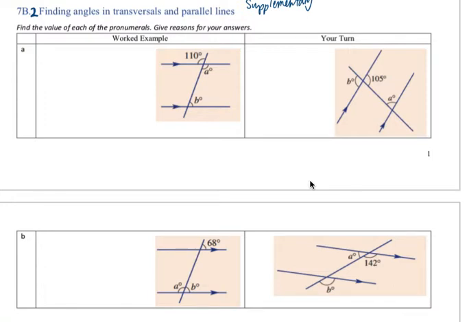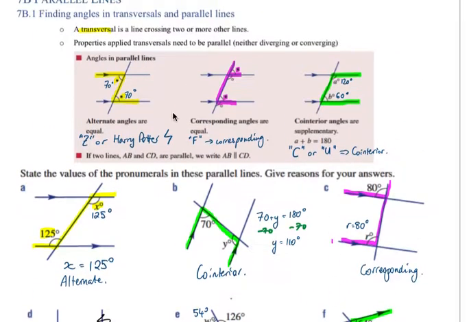In this video, we will be finishing off 7B by finding angles in transversals and parallel lines. So these ones are very similar to 7B, part 1, what we did in the last video, except they get a little bit trickier. So we need to use all our properties, alternate, corresponding, and co-interior, and this is our